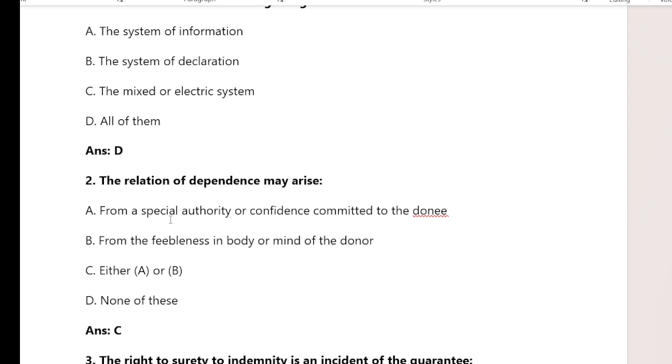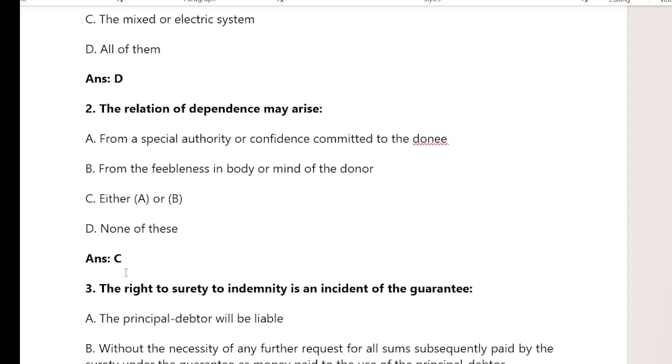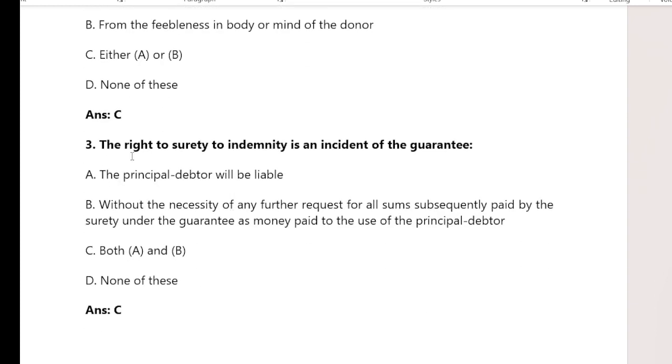A, from a special authority or a confidence committed to the donee and from the frivolous in body or mind of the donor, and option C is either A and B and option D is none of these। Then right answer is option C, either A and B। And the next question is the right of surety to indemnity